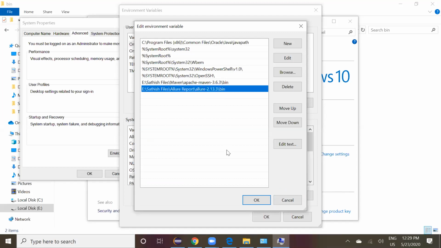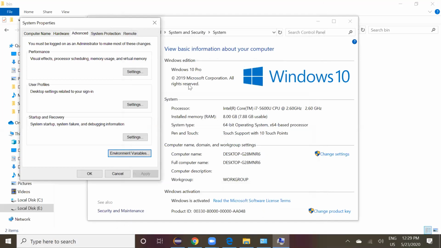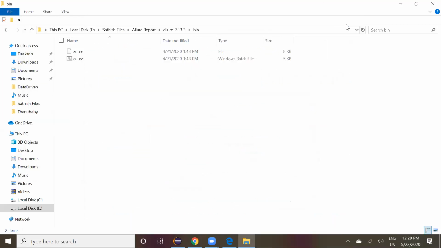Okay, got it, right? You click OK. You click close and you go to the command prompt now.